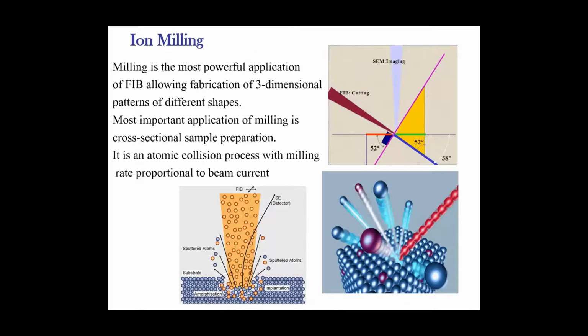Now, as far as ion milling is concerned, that is mostly used, and you can make a variety of patterns in a three-dimensional aspect. This works mostly on the concept of sputtering. That means when an ion falls with high momentum on your sample, it sputters out some of the material where it is imparting its momentum. So there will be a momentum transfer due to collision, and it will actually sputter out the material. This is how it works in ion milling.